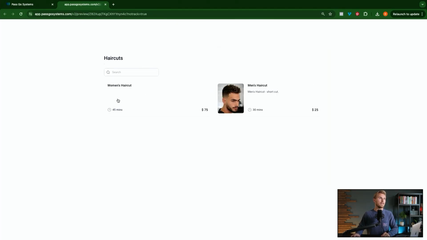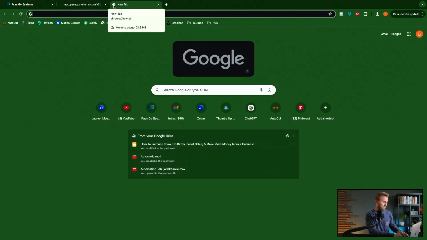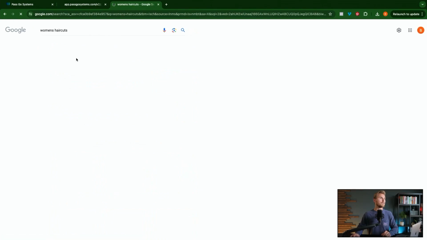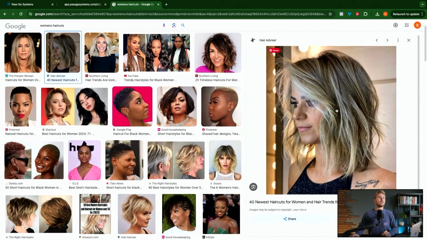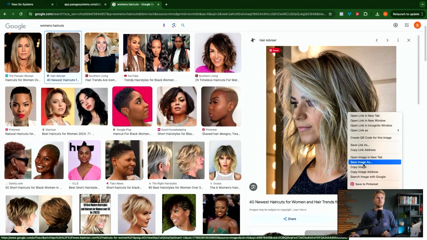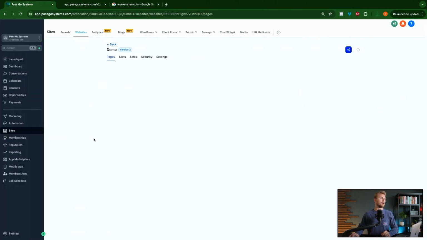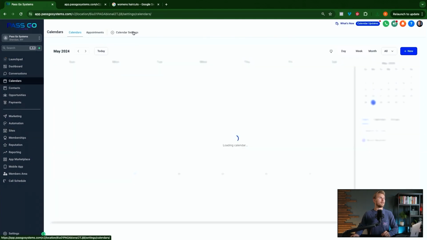And you can see that we didn't add another element for the women's haircut. So I'll actually go back and add that really quickly just so that you can see that it makes a difference. So women's haircut, and we're just going to do images, and we're going to select this image and save image as, and then we're going to go back into our HighLevel account, go back, go into calendars, calendar settings,